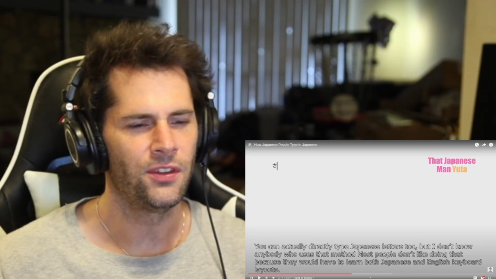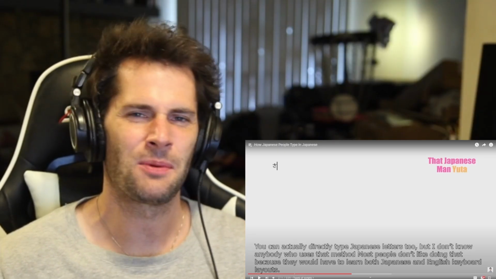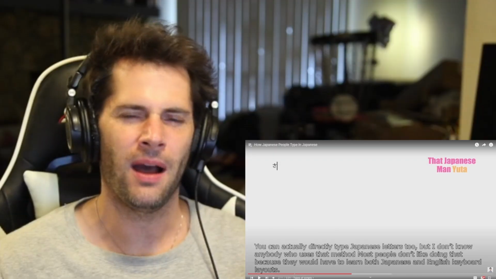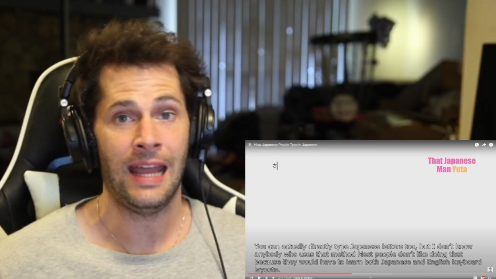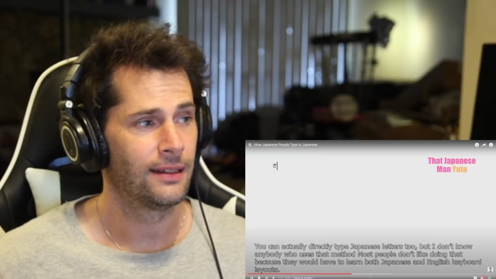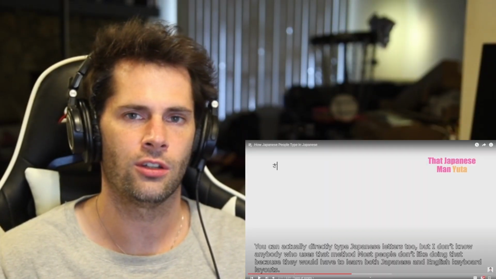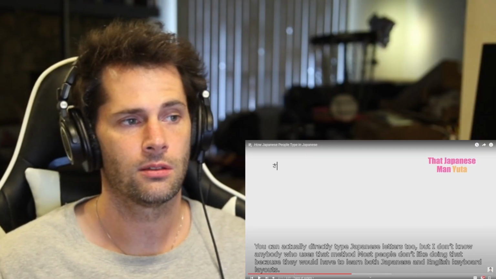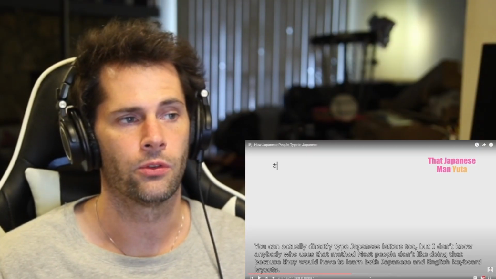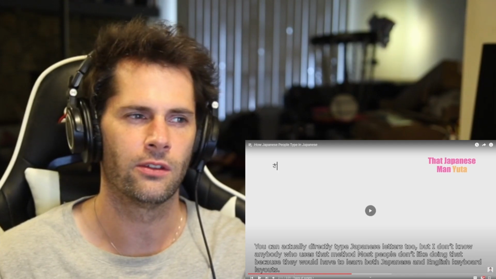Wow. This makes so much more sense to me. I was like, how do you possibly use a keyboard? You know, a keyboard only has so many keys on it. So you can actually use all the different English letters to make all of the Japanese characters, the Japanese symbols. Wow, this makes a lot of sense. I never knew about this.